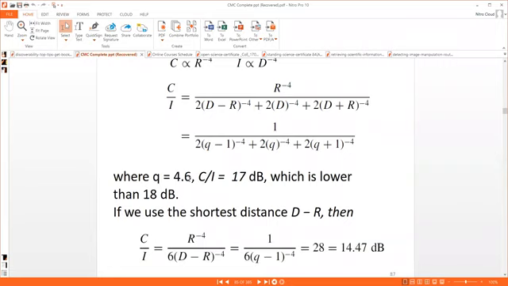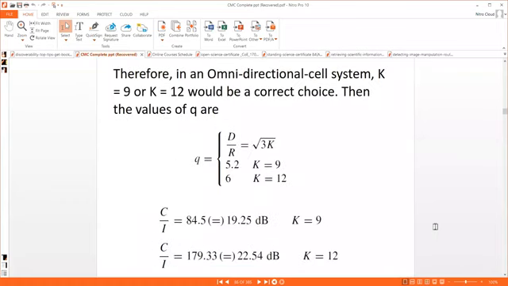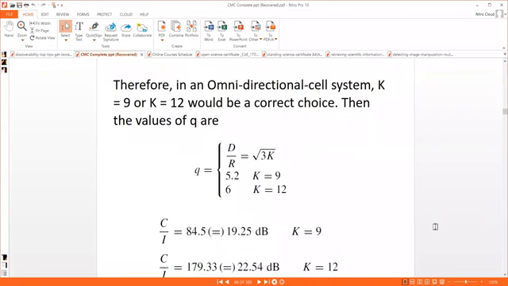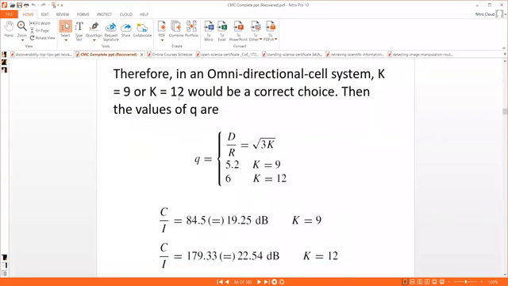If you substitute that value here, we can observe the answer is going to be around 14.47 decibels. Once again, it is somewhat less value. Therefore, in an omnidirectional cell system, we are going to say that not only k equals 7, there must be k equals 9 or k equals 12 would be the correct type. But